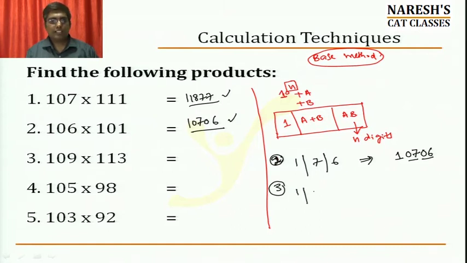I can write it as 1, 9 plus 13, 22, and 13 into 9. Now you might say, 13 into 9? Some of you might not even know the 13 table. So that is your problem. You have to get that. 13 into 9 also you can do using this method: 13 can be written as 10 plus 3 and 9 can be written as 10 minus 1.